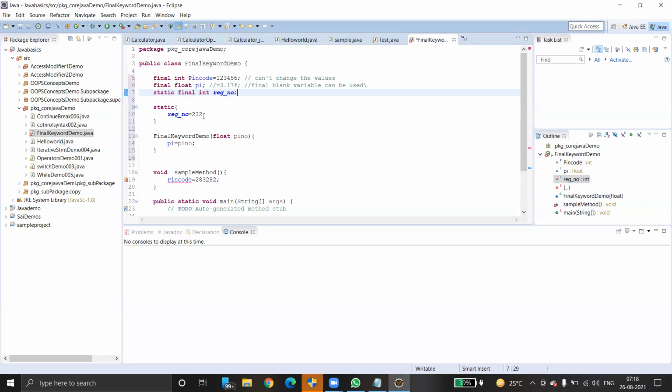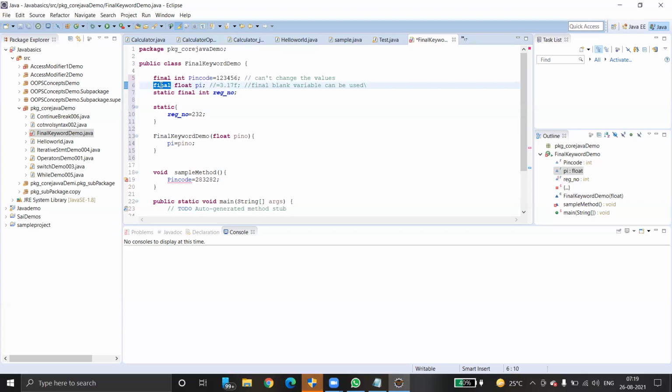Final means once it is assigned, we cannot change it. Simply remember it is a constant variable. Can you change constant variables? Pi equal to 3.17, can you change the value? It's a universally acceptable value. We can't change it. Even if you change it, logically it is wrong. So if you want to create any constant variables which never change at all, then we have to use the final keyword.